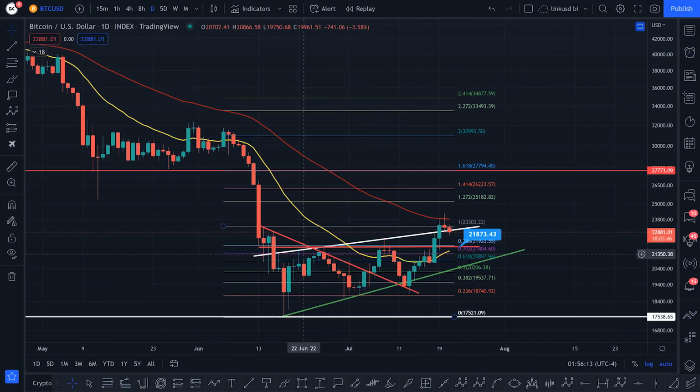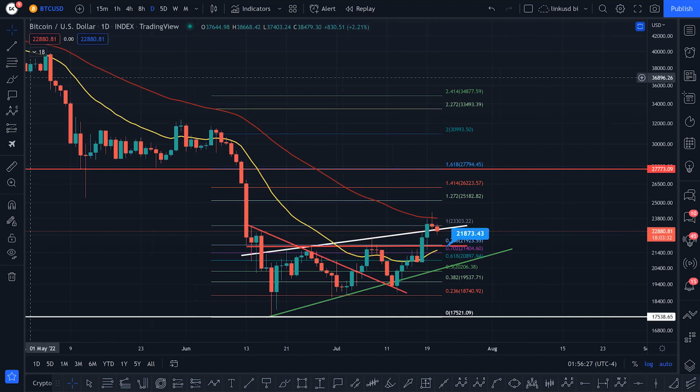So just there with Bitcoin, you can see you're breaking out of this red trend line, which puts you in a technical target of roughly the 1414 at 26223. Right now, you're running to the 55 and you're coming back for support. I do think that your technical support is 21873. You get fruitful putting some longs on there if you're not already long off this long and this long here,